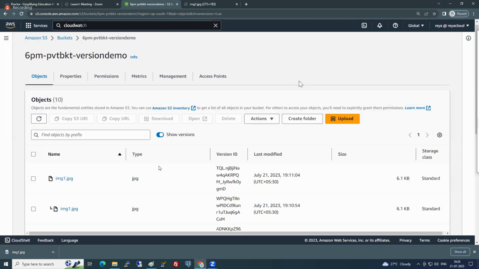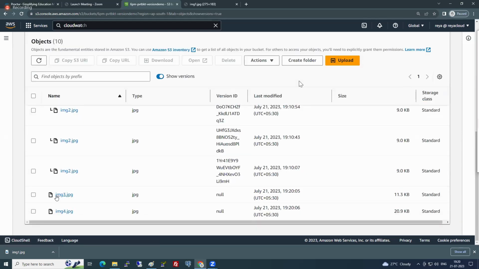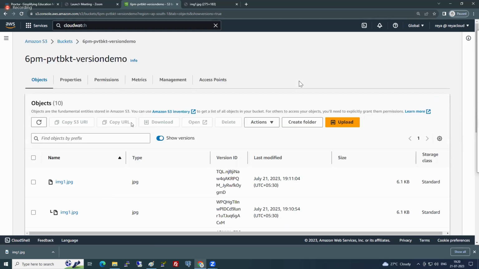If you show versions, image 3 and 4, do you see any versions? Because you have suspended it. Okay, now,